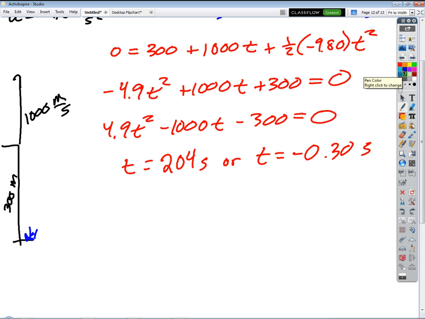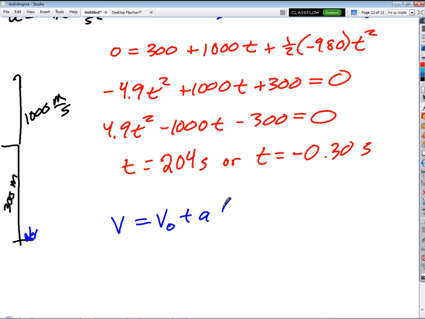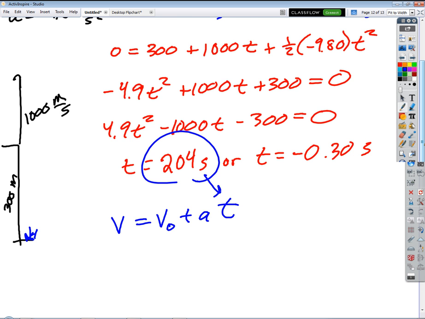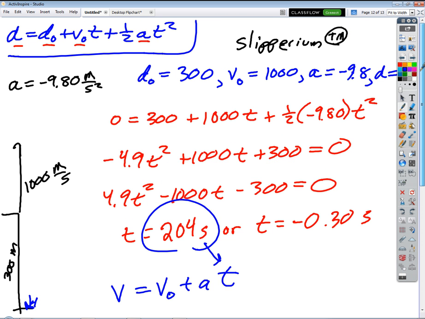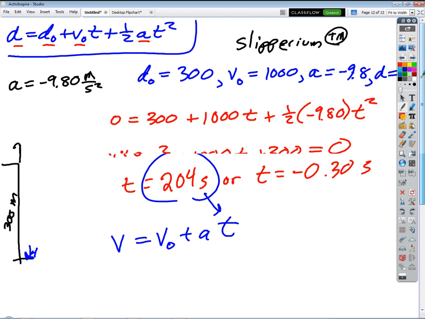Everybody agree? I could use the equation v equals v naught plus at. I know the initial velocity is positive 1,000. I know the acceleration. I could take that time and plug it in and find the velocity, couldn't I? That's a lot of work though, right? Couldn't I instead, if I just want to know how fast it's going, bypass all that and just say, if I know